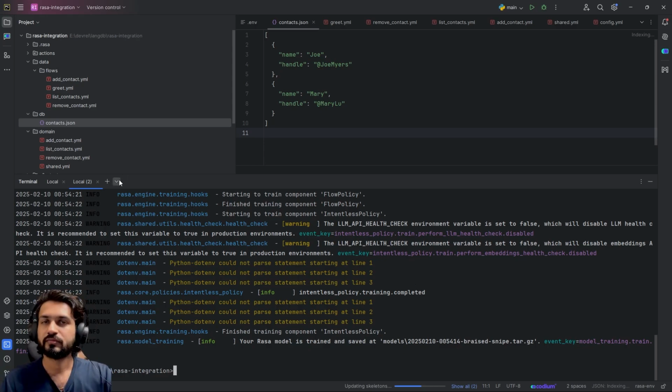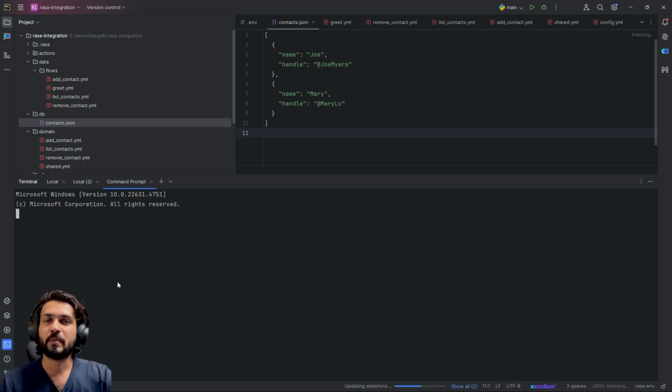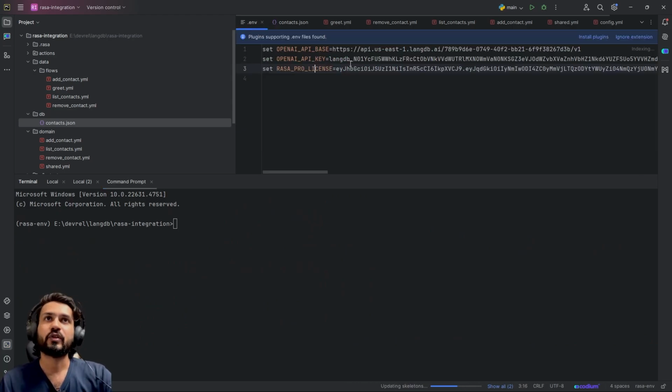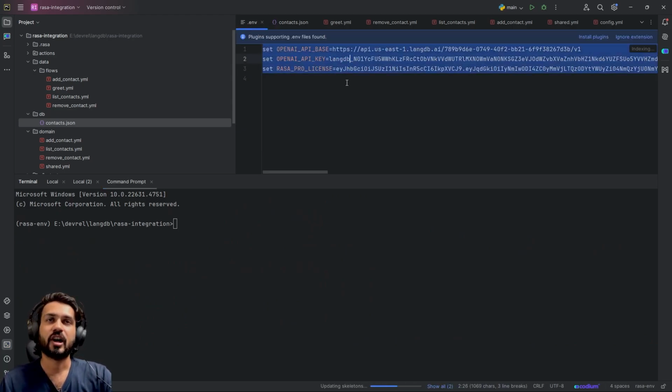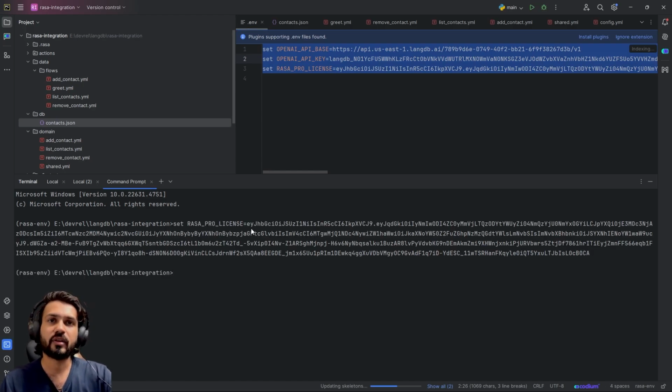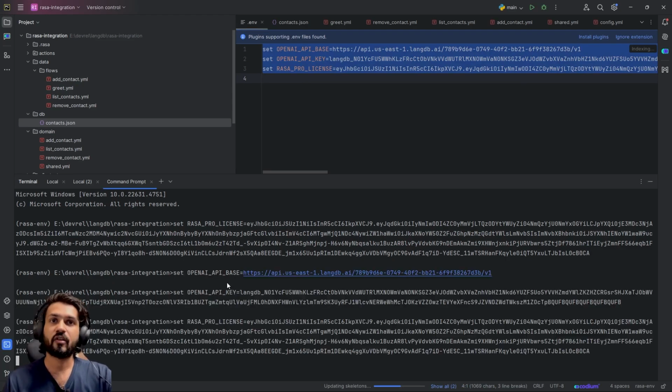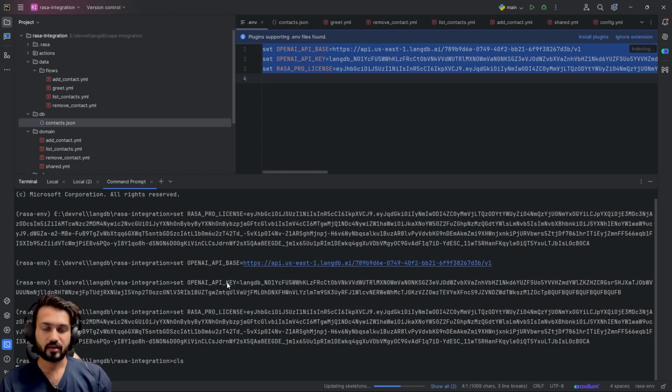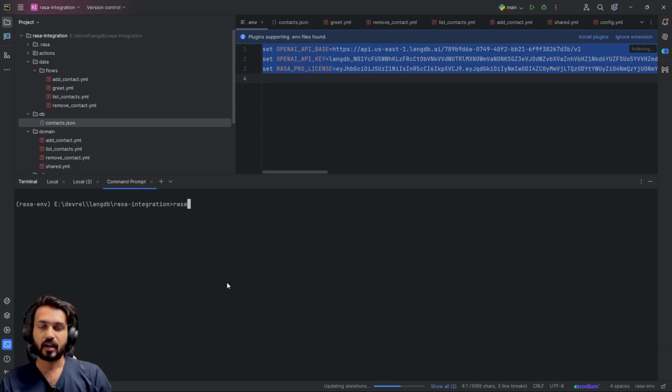Go integrating, not coding. Open command prompt in another terminal. We have to do the same thing. We have to set all these keys. In actions, you do not have to worry about setting any other key apart from Rasa-pro license key. But for the safer side, I would recommend you to do that. Click on CLS and Rasa run actions double I right here. Enter,